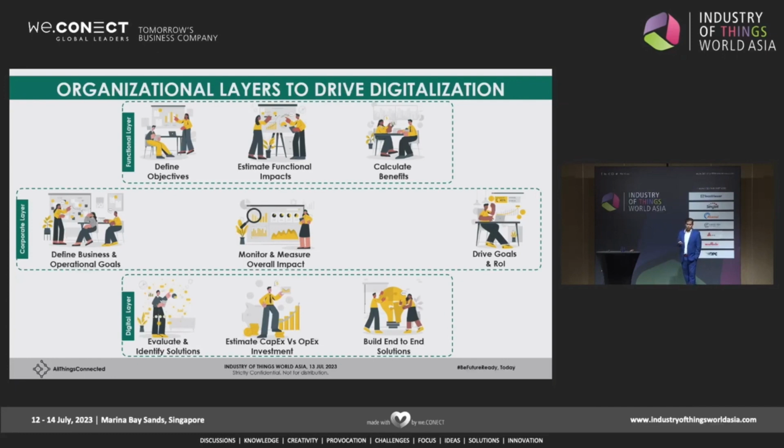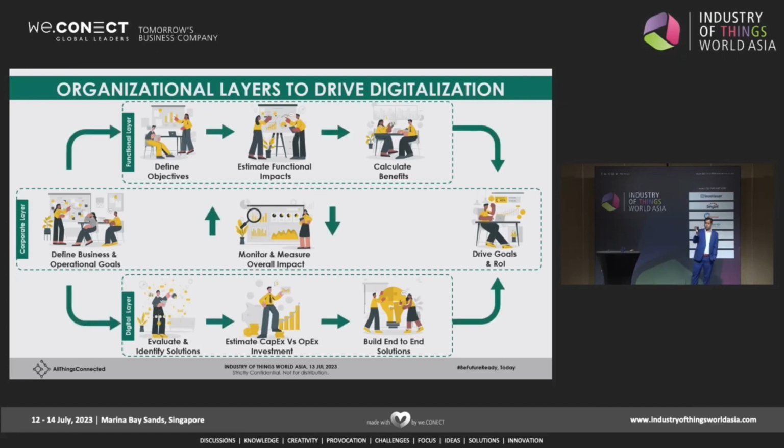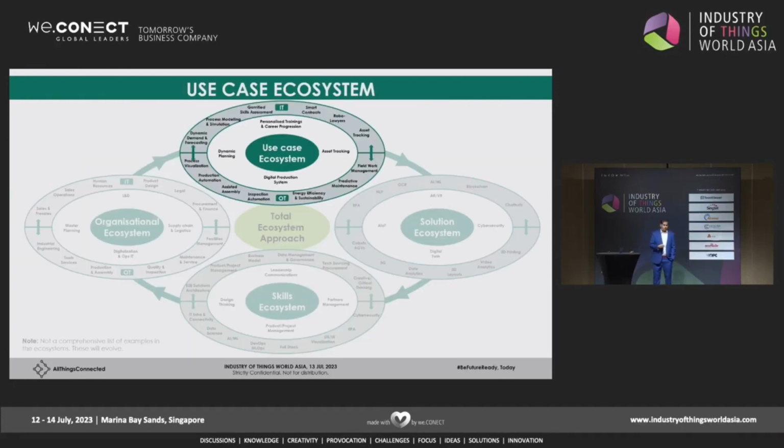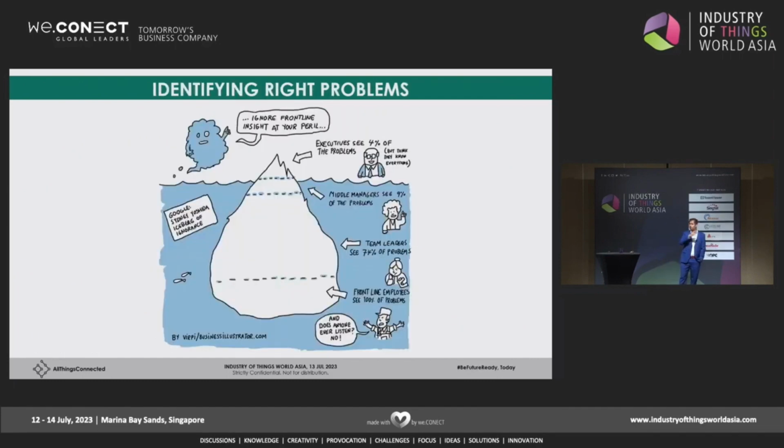So this is how we make sure the organizational structure is set up in a way that a typical organization will have 8-10 functions. Each of them has a different role. Like I said, functional people, you take the ownership of driving digitalization, right? Then comes the use case part of it. Use case refers to all the wonderful ideas you want to address as an organization, but how do you put them into a certain order to decide what to do, when to do, and how to do, right? So how do we do that?